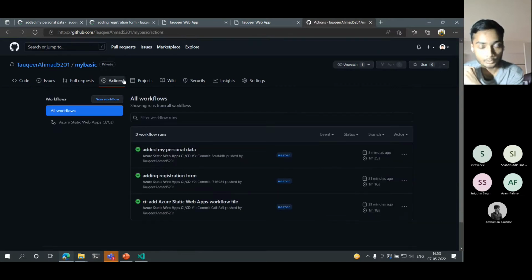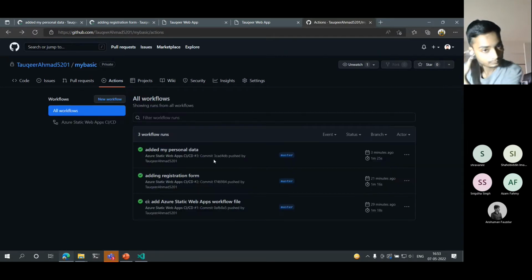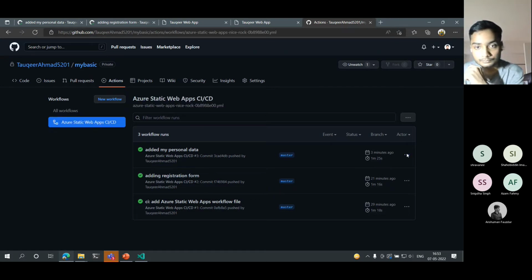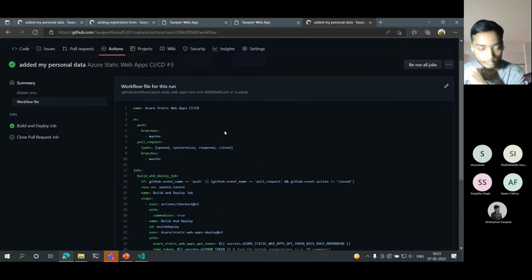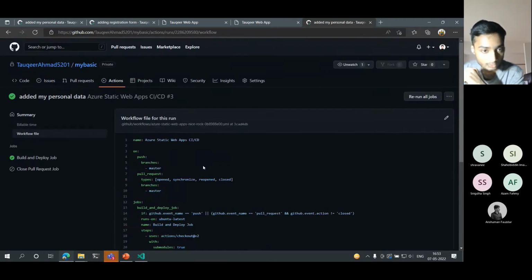The CI/CD pipeline is always present in the actions of GitHub. It says that the file is being presented over here, and this was a file, no? Which I explained to you 5 to 7 minutes ago.